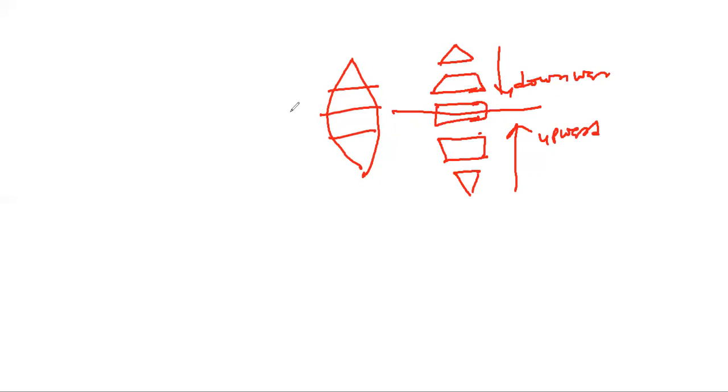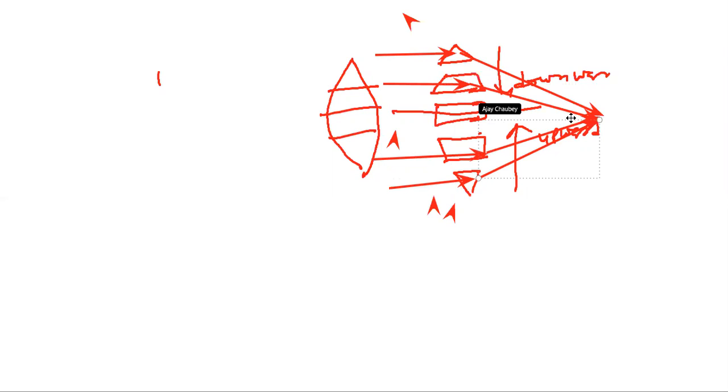And what is the property of a prism? When light is incident on a prism, it will deviate toward the base. The rays of light are going to bend toward the base. This is the property of a prism. That is why a convex lens behaves as a converging lens.